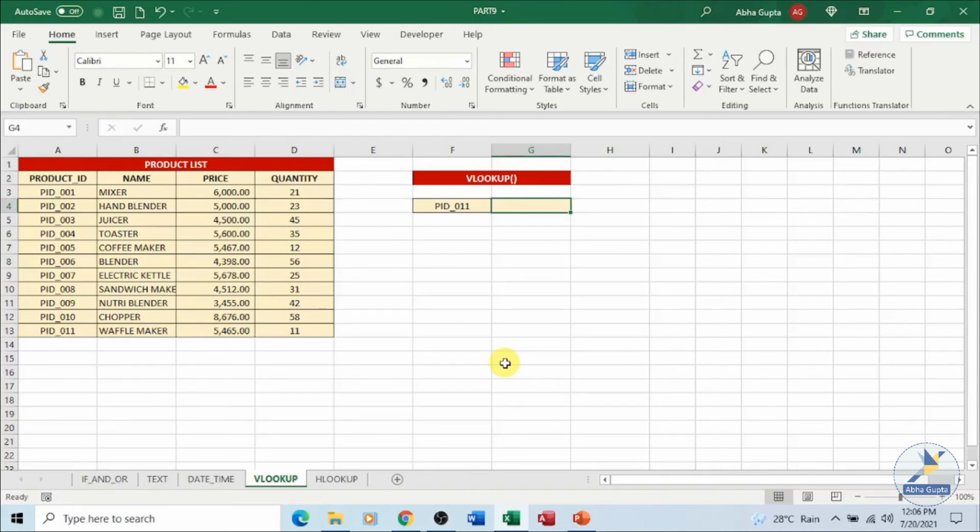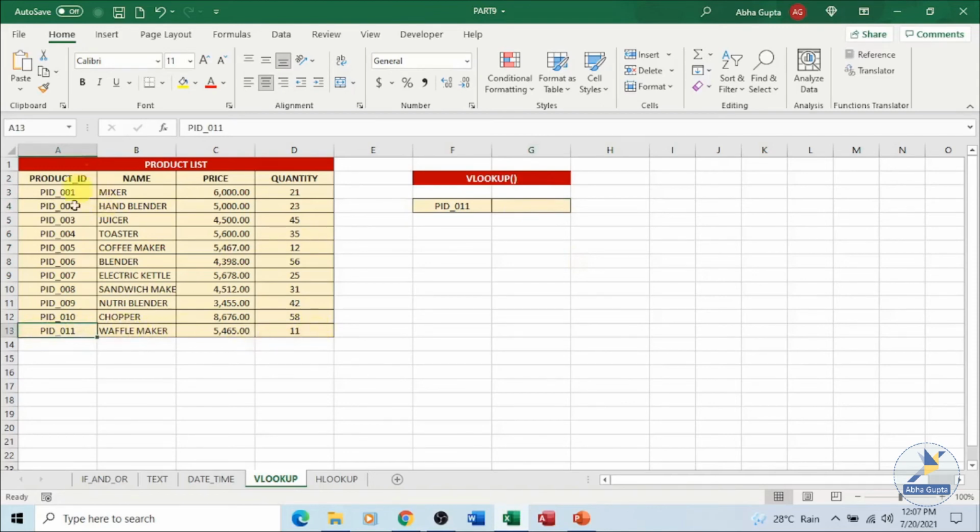It is a function that makes Excel search for a certain value in a column, which is also called your table array, in order to return a value from a different column in the same row. So for example, I am looking for some value, like I have already entered over here, we are looking for this particular value, and what will be the return value in the same row.